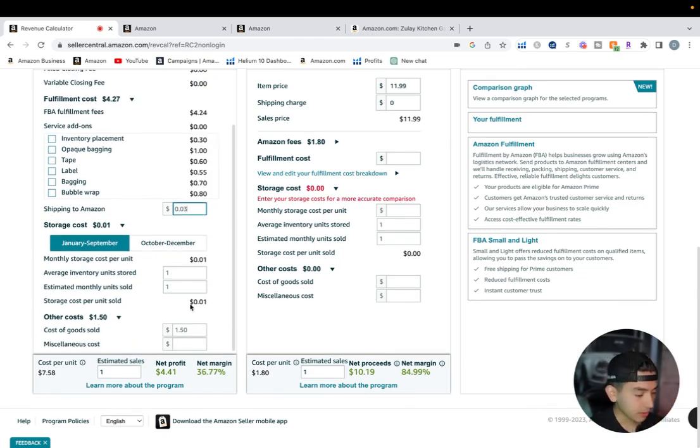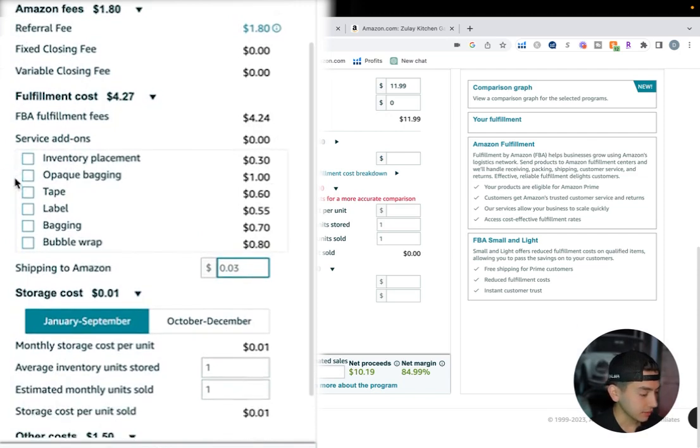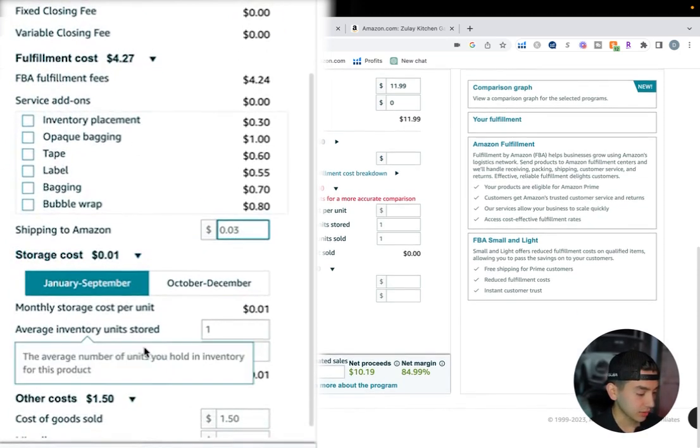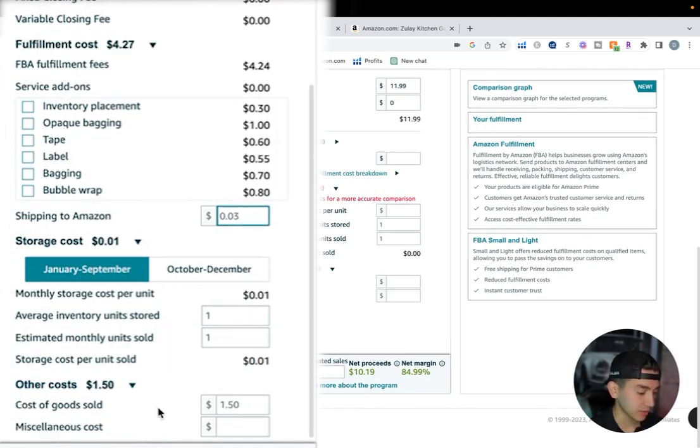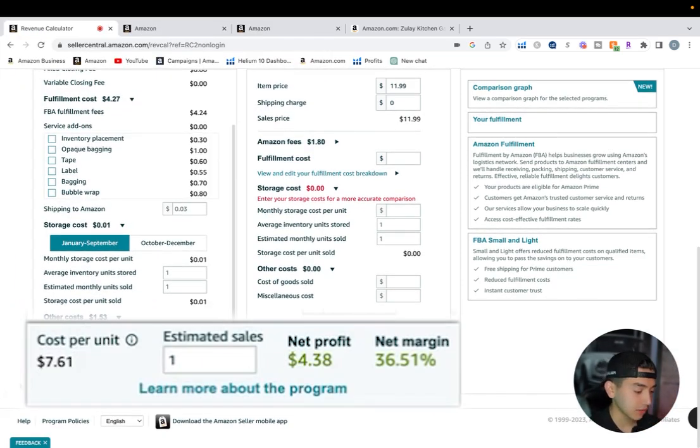So overall, with all these fees together, this is going to be the referral fee, this is going to be the fulfillment fee, as well as the ship to Amazon, the storage cost, and our cost of goods. And let's say we want to put miscellaneous cost, like 3 cents for the labels. We'll be paying $7.61 per unit in fees, and we'll be getting $4.38 in profit